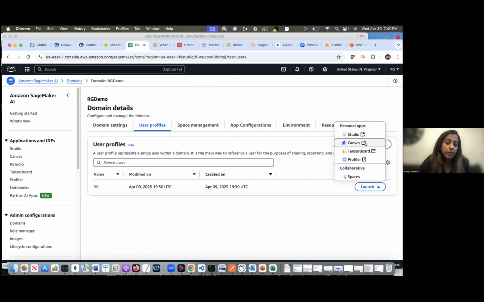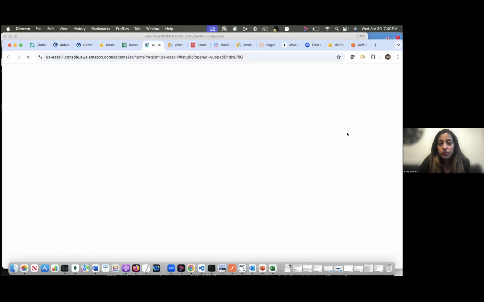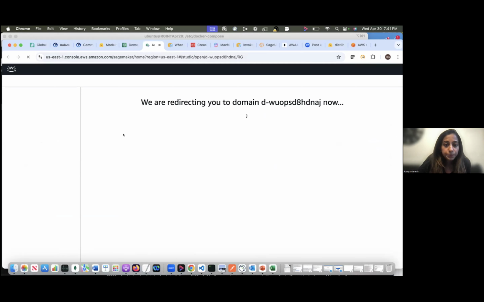Canvas gives you a no-code option. If you're a project manager and you don't code a lot, then you can use Canvas. It's basically a low-code or no-code IDE interface that SageMaker offers. For today, let me just click on Studio.